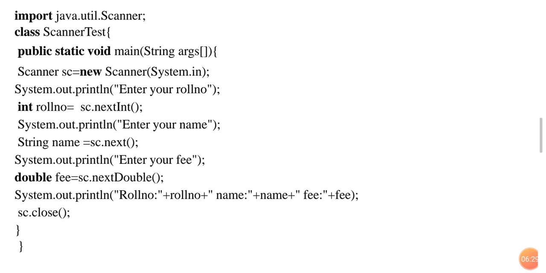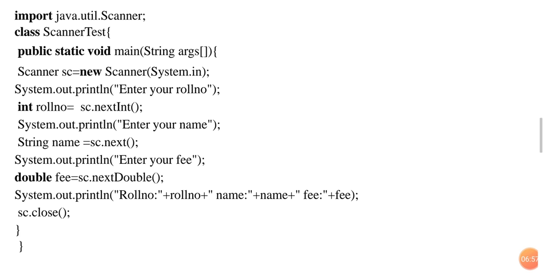sc is the object, and within the constructor what we need to initiate means keyboard. Initiate the input device keyboard. System.in is used to initiate that keyboard. After that, here we have to print one statement as output at the terminal: enter your roll number. Next, after that statement, this program will take the input